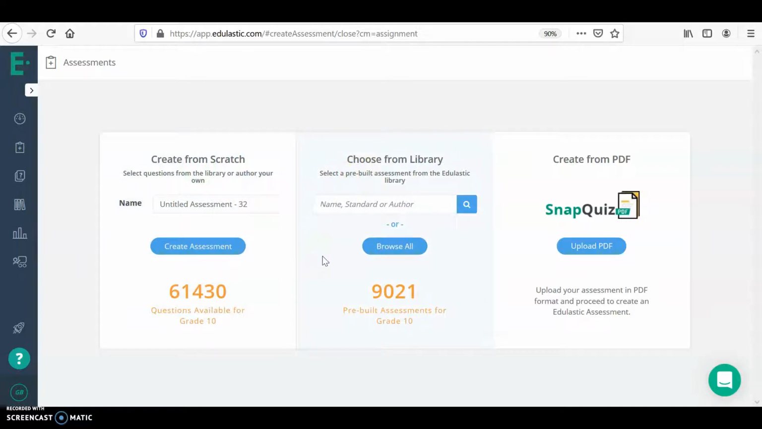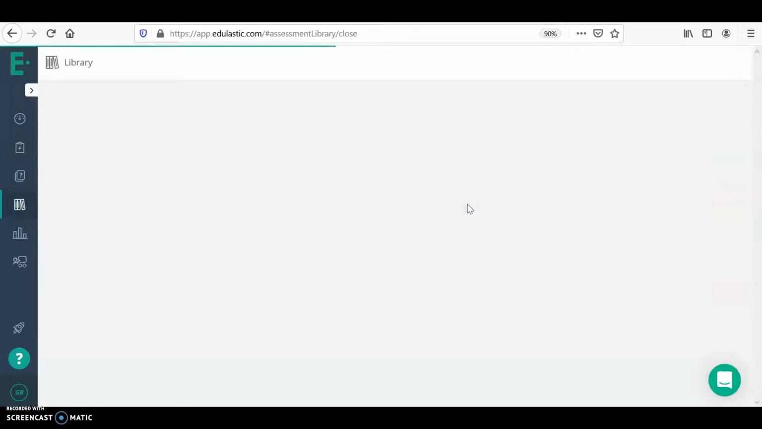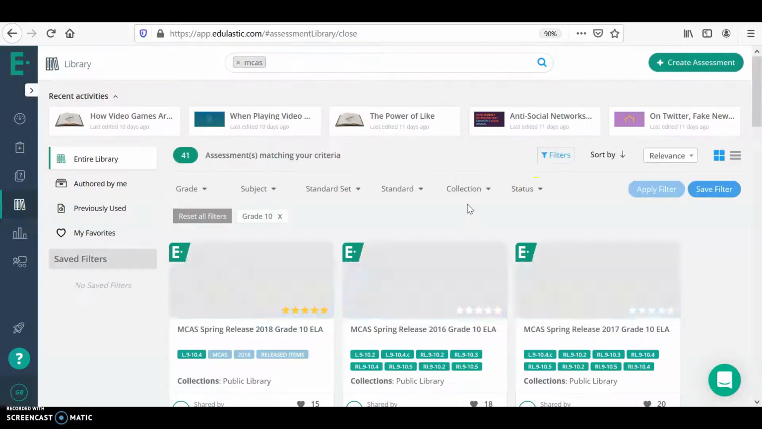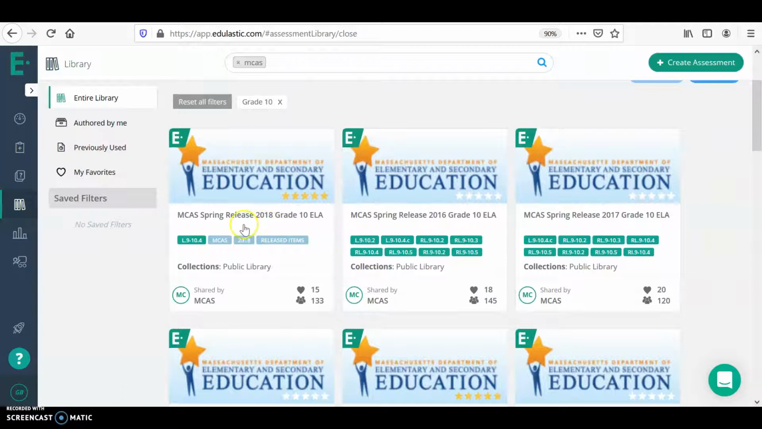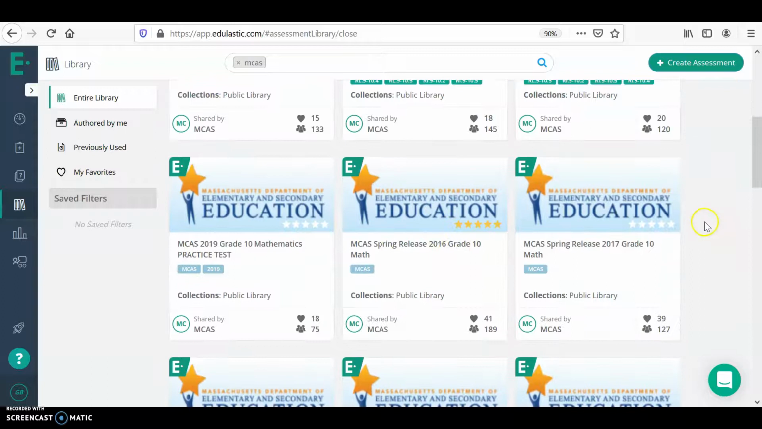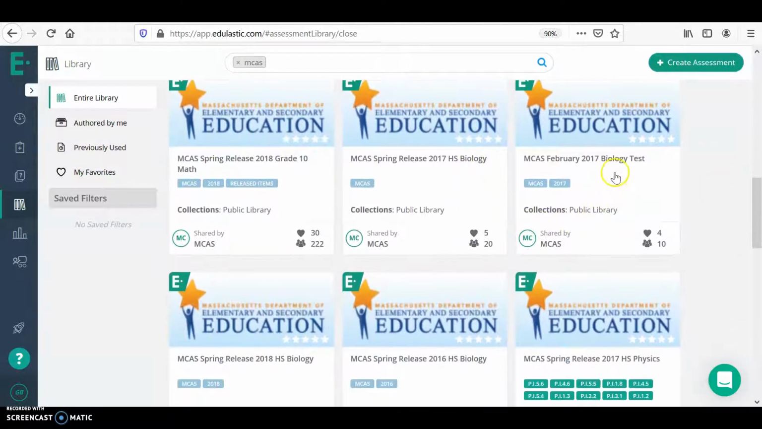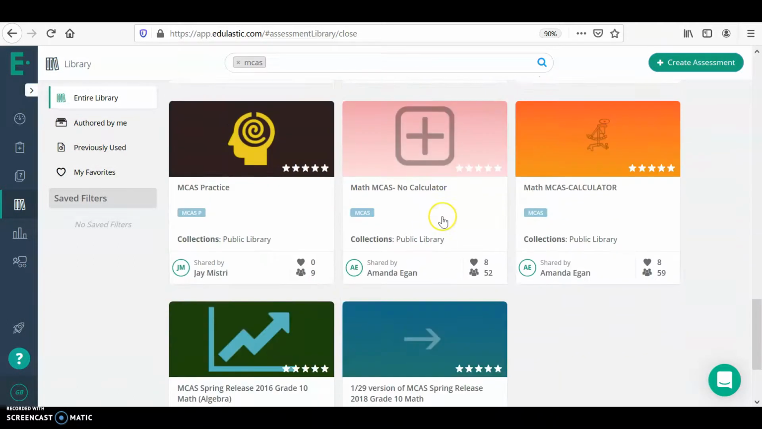So if I want to do, before I created my own, maybe I want to look to see what other people have done. So one of the nice things about this is they do have a lot of MCAS tests. So I'm going to type in MCAS and search. And you can see they actually have tests from the MCAS 2018 English Language Arts, and they do have all the disciplines, 2016, 2017 Math, some of the science, biology, 2017 biology here, and they actually have